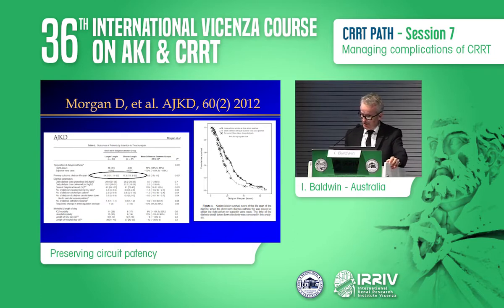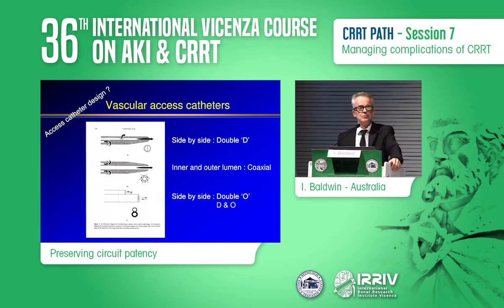So I think those sort of factors for access do favour a longer catheter being passed through to the right atrium, or pretty close to it, if not in. Access catheters vary in their profile, and here we see the design of the way they're built. It's my opinion and view that the side-by-side or the double D profile is a better performing catheter than the